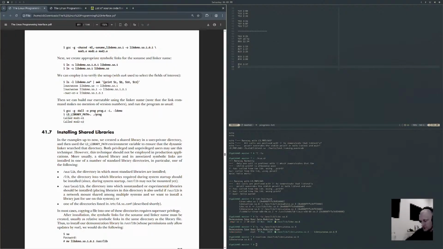Installing shared libraries. In the examples up to now, we created a shared library in a private directory, and then used the LD_LIBRARY_PATH environment variable to ensure that the dynamic linker searches that directory. Both privileged and unprivileged users may use this technique. However, this technique should not be employed in production applications. More usually, a shared library and its associated symbolic links are installed in one or more of the standard library